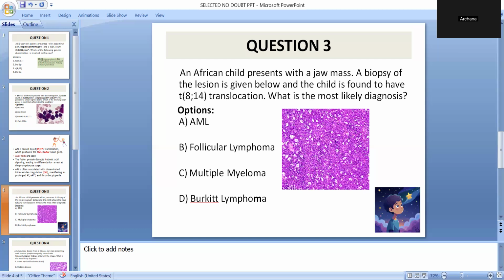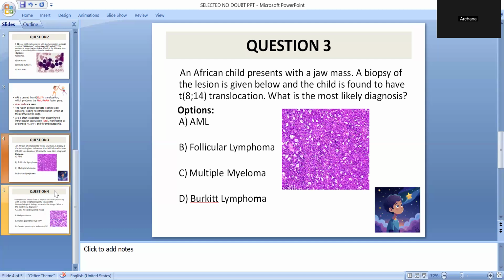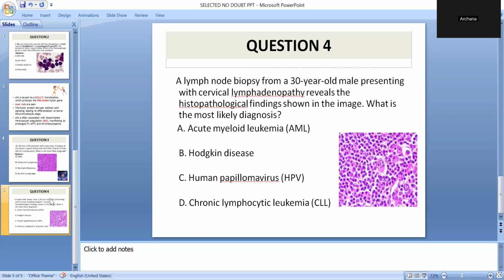So to summarize again, in Burkitt's lymphoma, there is 8-14 translocation. There is a starry sky pattern. Because it is lymphoma, there is a mass that is seen. It is not the lymph nodes, but it is a mass that is usually found in distant parts of the body, like the jaw mass. It is endemic in certain parts of the globe, Africa being one of the endemic regions. So 8-14, MYC gene, Burkitt's lymphoma, starry sky pattern, Burkitt watching the sky in the night with a mic in his hand, summarizes important points in Burkitt's lymphoma. With that, we move on to the next question.